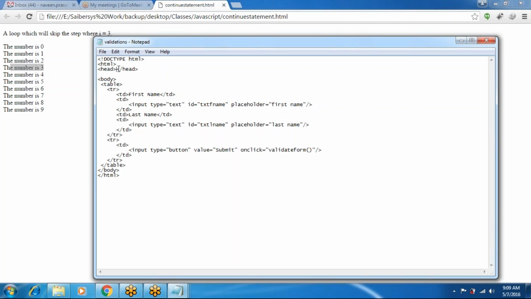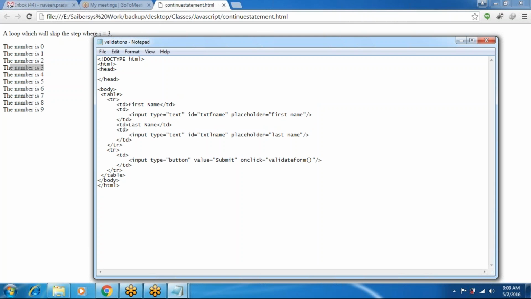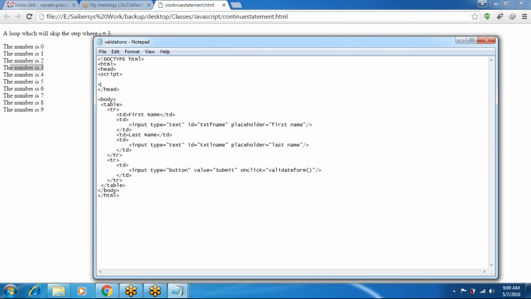So next, write a script tag in the head section, and create a JavaScript function like validateForm.